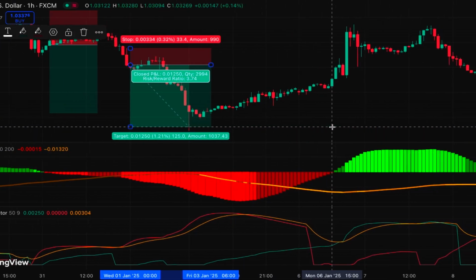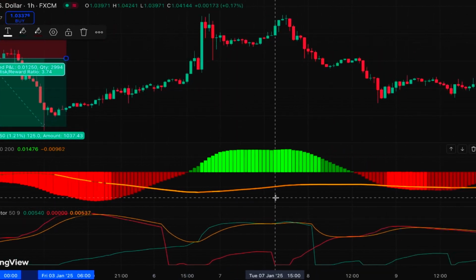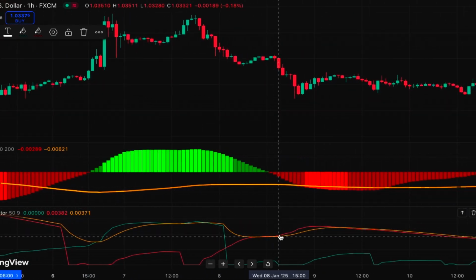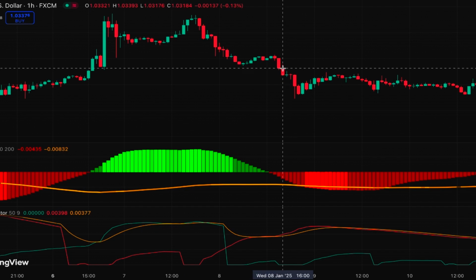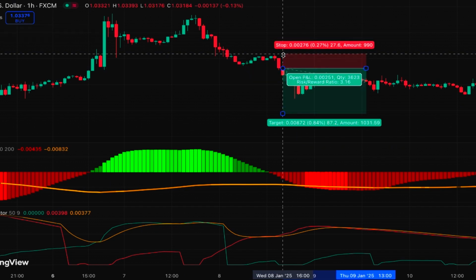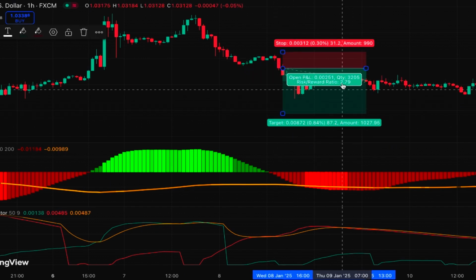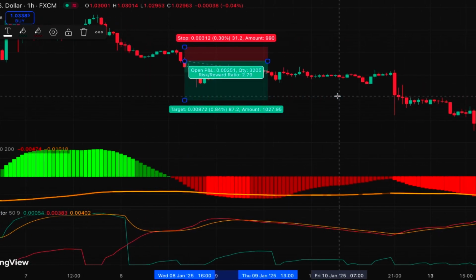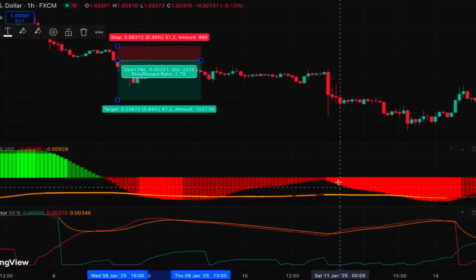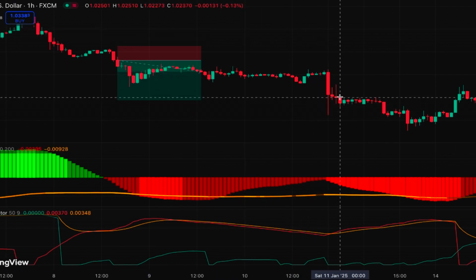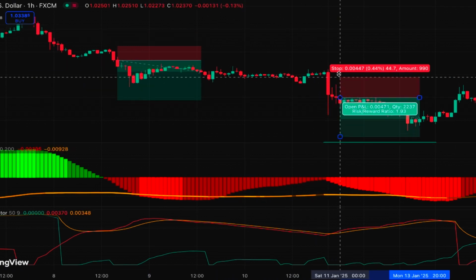Moving on the chart, while this line is below the center line, you can see that here we have another confirmed sell signal where the red line is above the orange line, the histogram is red. So the short position signal is confirmed and we can enter a short position at this point with the stop loss above the previous swing high, and this is also a profitable trade, as you can see. And another short position signal we have here, this is also a confirmed signal, as you can see. So in practice we would enter another short position at this point with the stop loss here at this level,